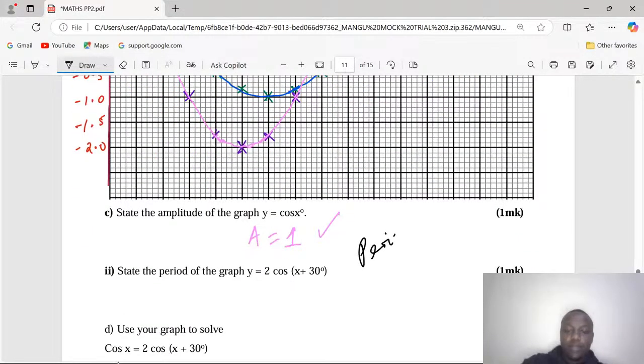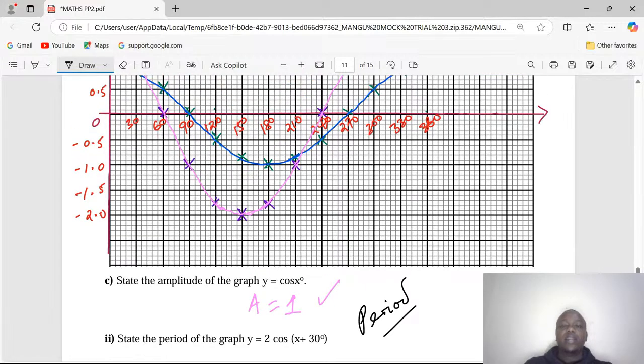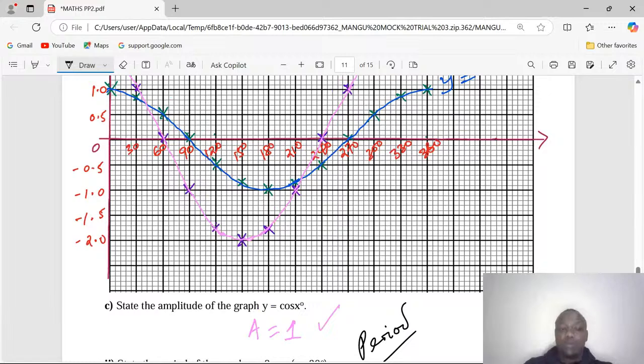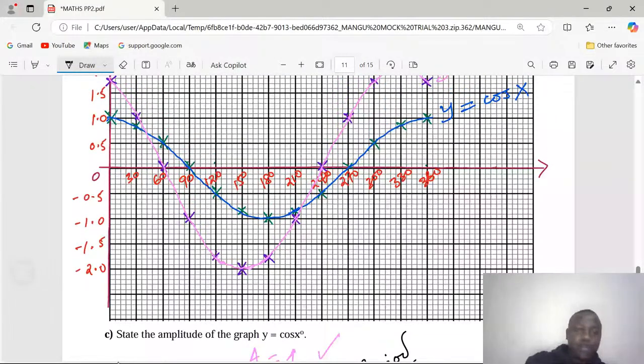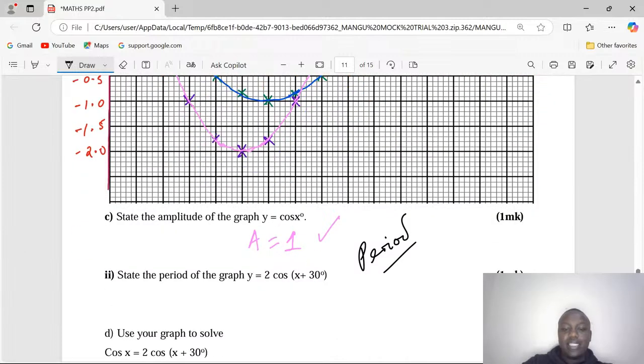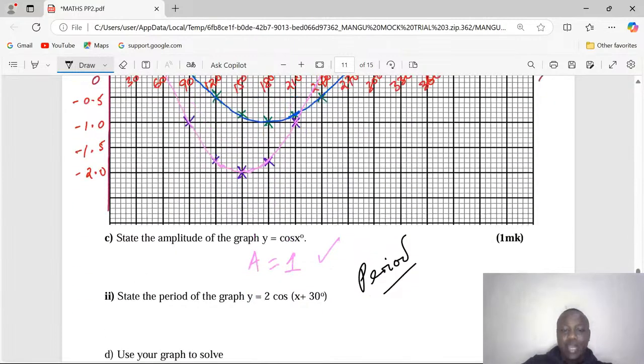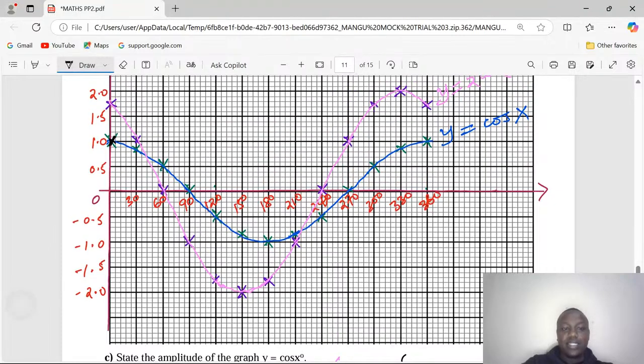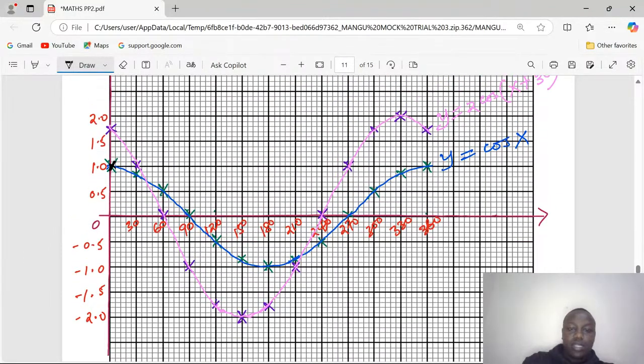Physics students will understand this better: a period is when a wave makes a complete cycle. For example, when we consider the initial point, the wave has to move until it is at the same point again and moving in the same direction. Therefore, from this point, when we move until we are at this point,